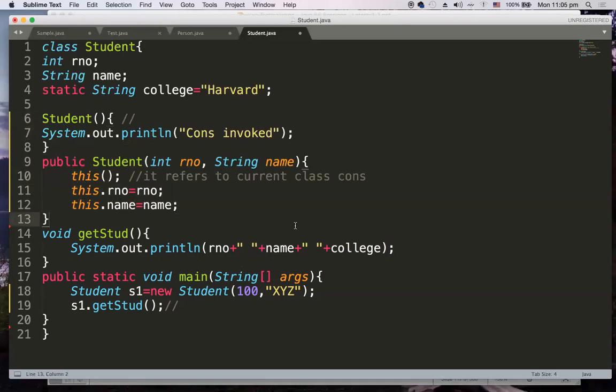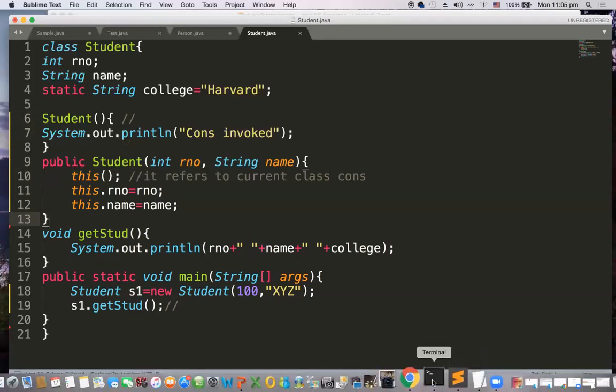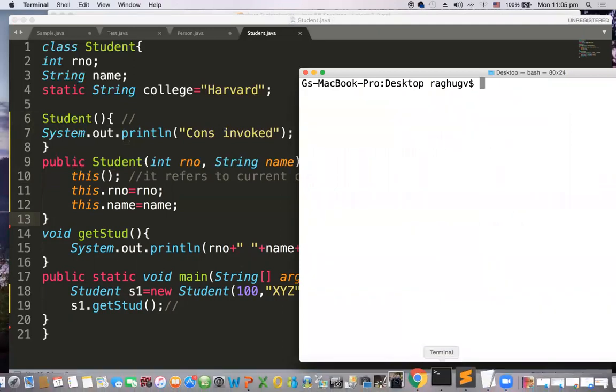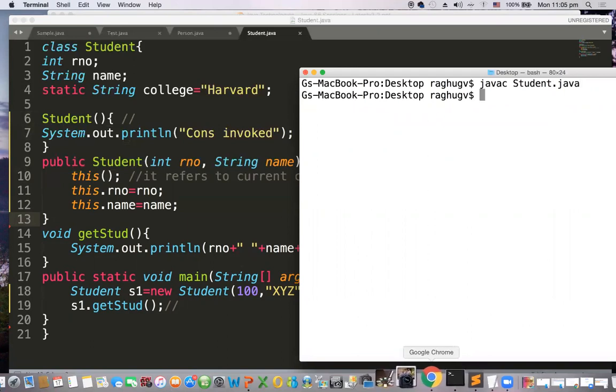So let's save this and see. Let me clear this once. Compile javac Student.java, compiled successfully, there is no problem. And java Student. What should be the output actually? You are creating one object.